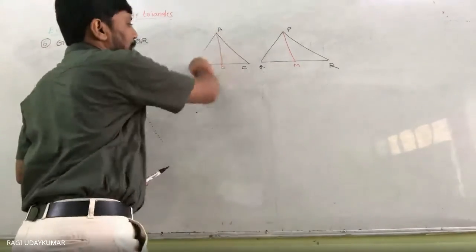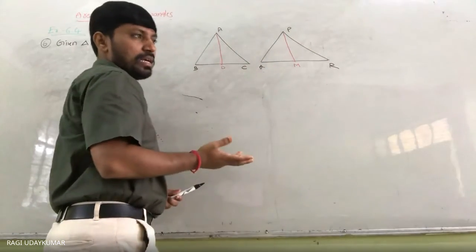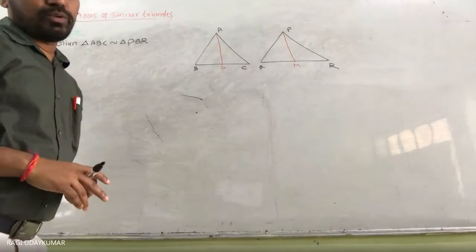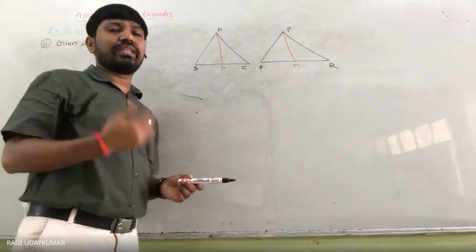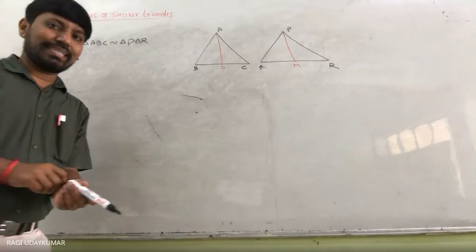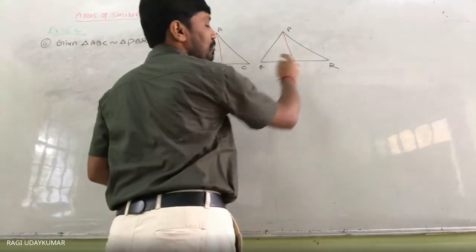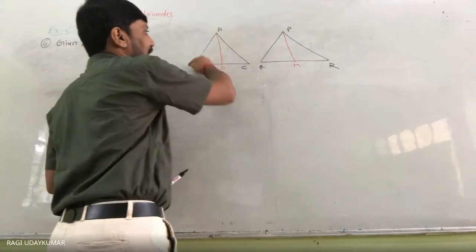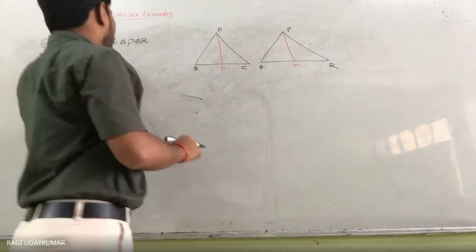We know that the area of ABC by PQR is equal to (AB by PQ) whole square. But it is asking you to prove (AD by PM) whole square also. For that purpose, what do we need to prove? You have already done more than half of this problem in the previous exercise. Triangle ABD is similar to triangle PQM. If we prove that, we will get AB by PQ is equal to AD by PM. Okay, so that we need to prove.